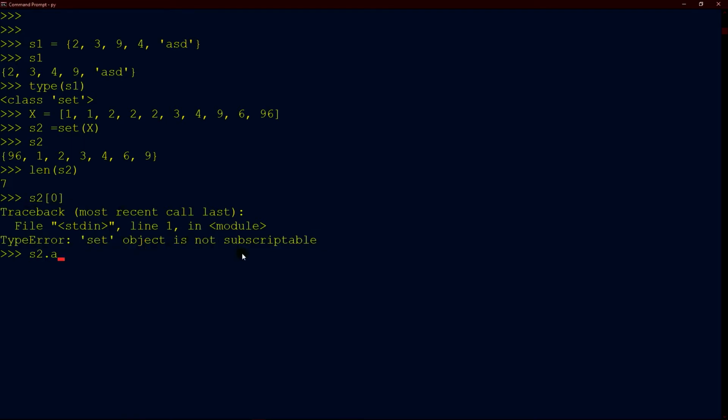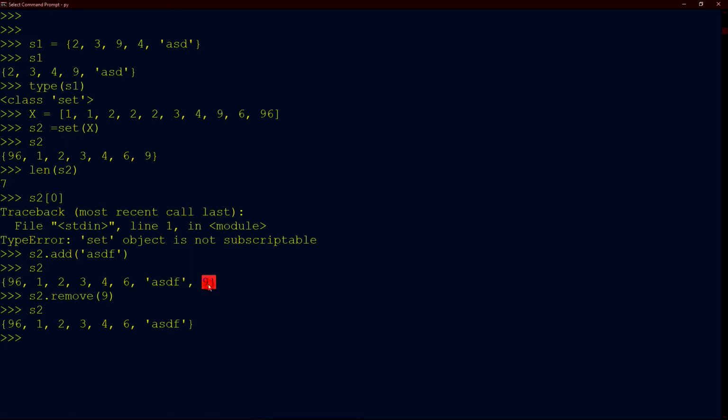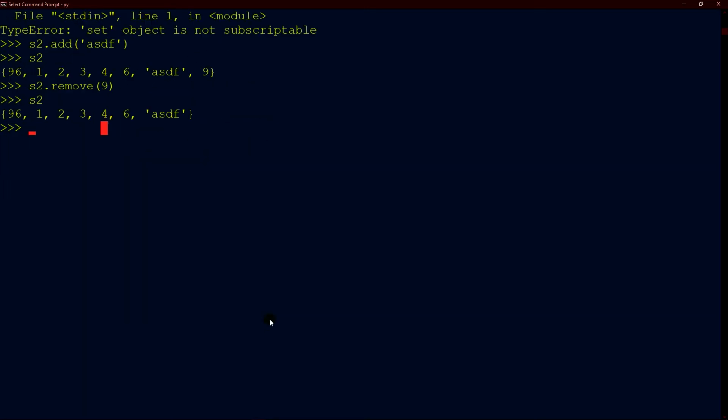You can add and remove objects from a set. As you can see, the last ASDF string has not been added in the last position. It is added in between because it has no positional data. Now you can remove any object from a set, so the length of a set object is not fixed. You can always edit, add and remove set objects, so it is changeable, or mutable.